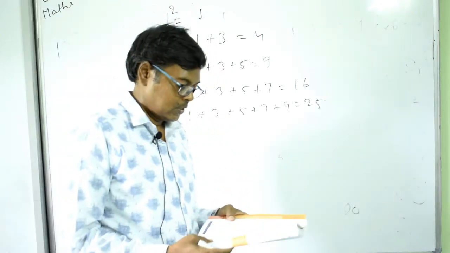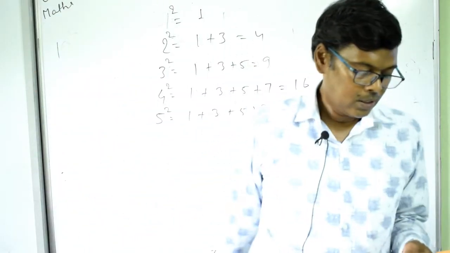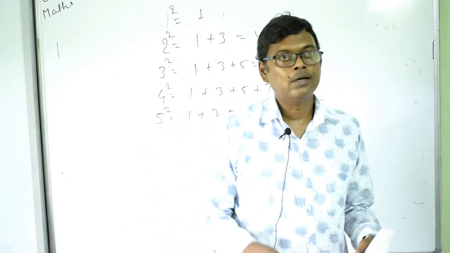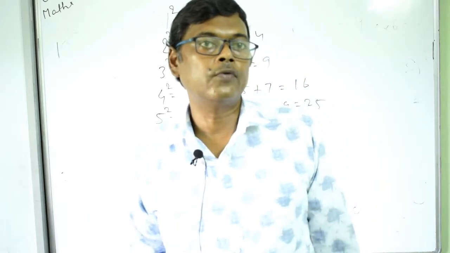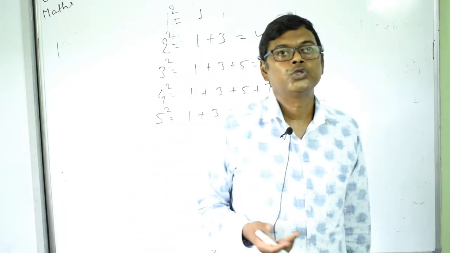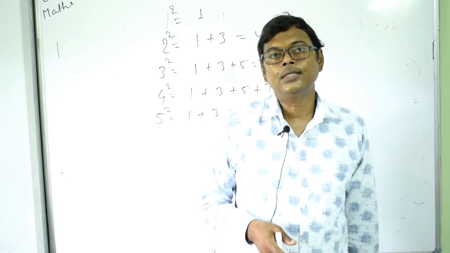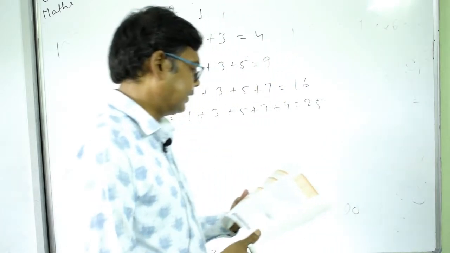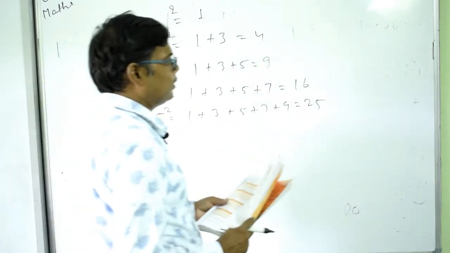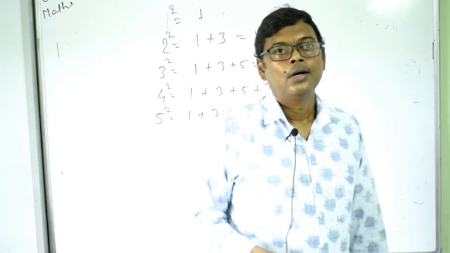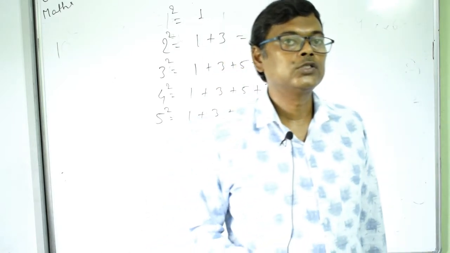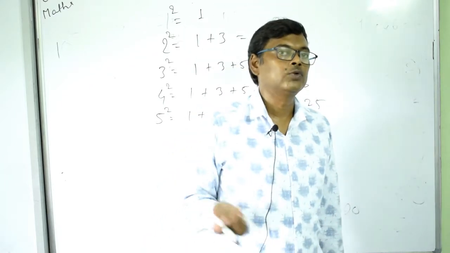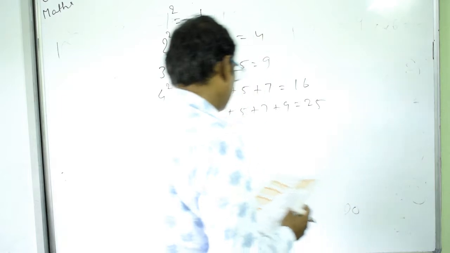Now I will explain the multiplication of two numbers, or finding the square of a number. There are two shortcut methods of finding the square of a given number, and one of them is called the column method. This column method is used basically for finding the square of a two-digit number only. So you will use this method to find the square of any two-digit number. So how will you find this?